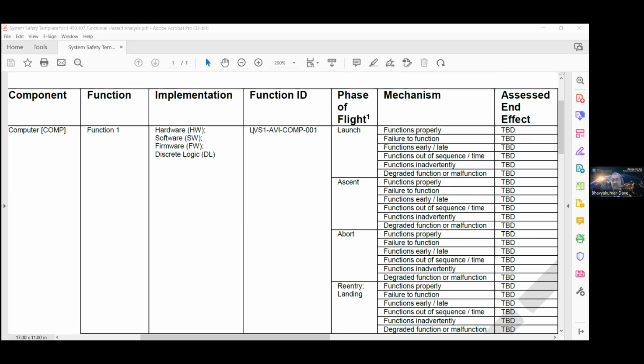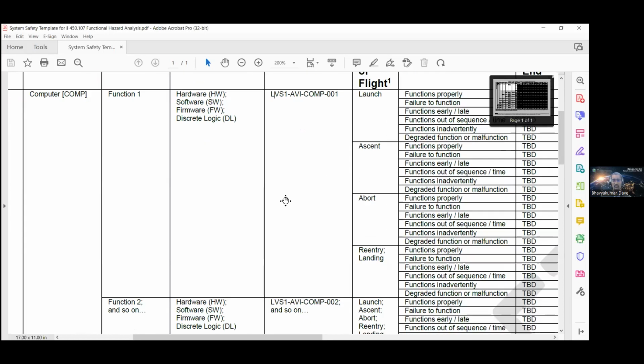I'd also like to mention that there are flight safety analysis ACs, and in those FSA ACs, the FAA describes key flight safety events, and the use of those key flight safety events for the definition of phases of flight in the FSA. Now, generally, the system safety phases of flight, as documented in this functional hazard analysis, should be aligned with the FSA phases of flight. But as we see, there is a note here. And so let's go to that note at the bottom,